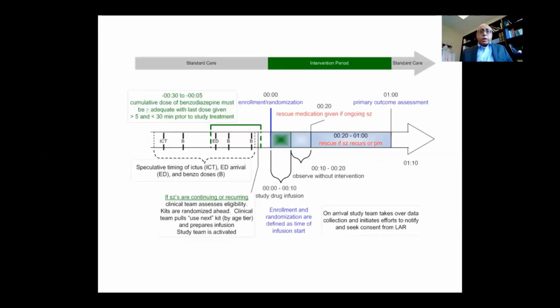The trial worked this way. A patient was seen to be having convulsions. Emergency medical personnel were called. Upon arrival on the scene, they witnessed the patient to be having convulsions also. They gave adequate doses of benzodiazepines while en route to the hospital. Upon arrival in the hospital, if the patient was continuing to have seizures and adequate doses of benzodiazepines had been given, they were then given one of three drugs, levetiracetam, valproic acid, or fosphenytoin over 10 minutes.